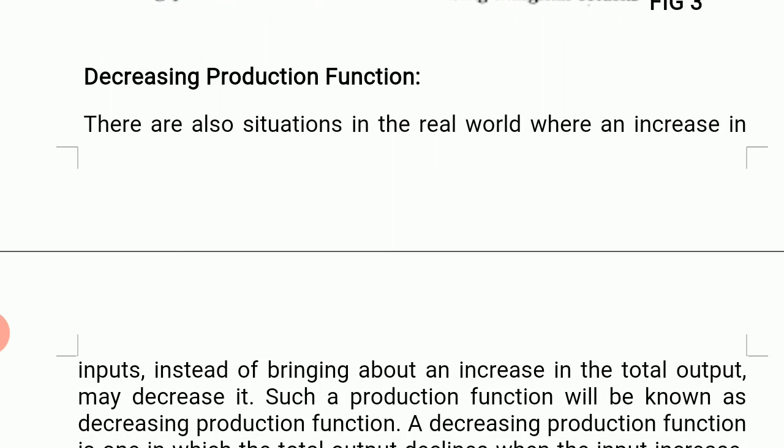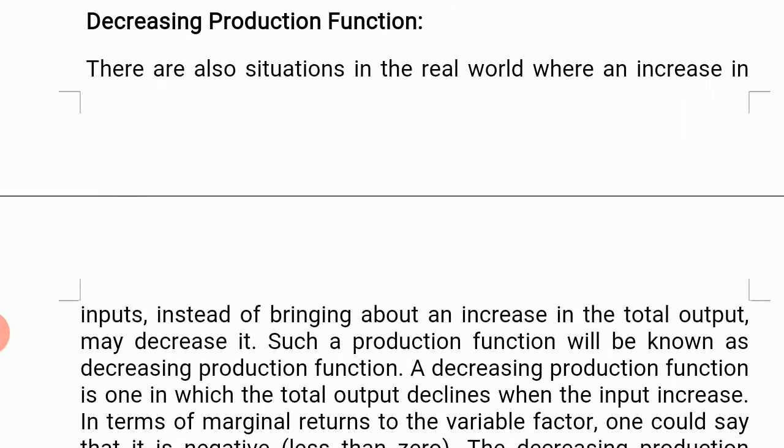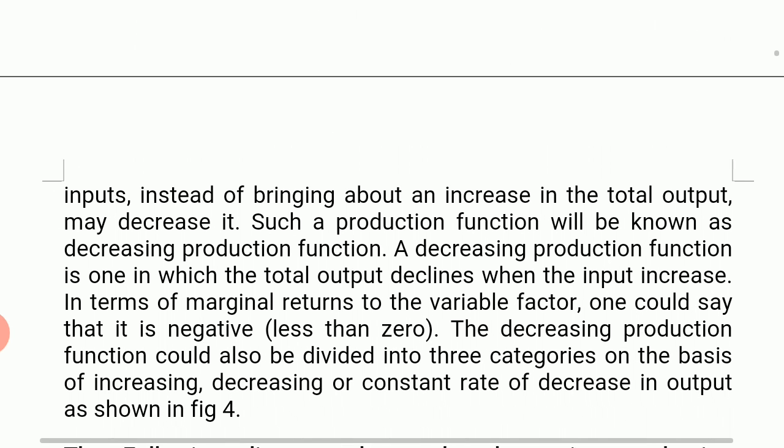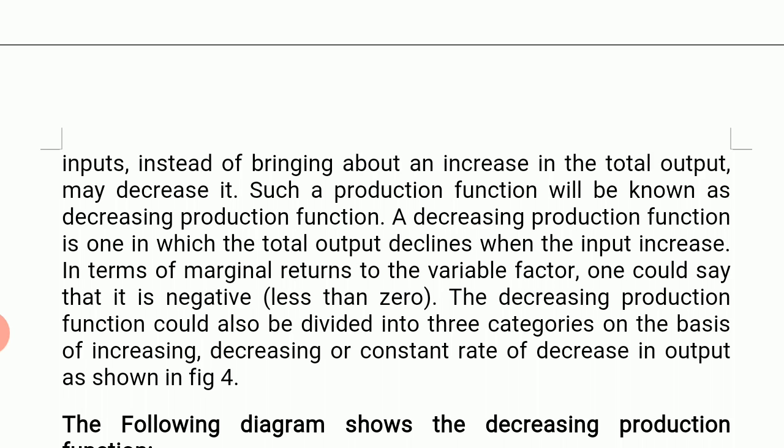Now the second type of production function is decreasing production function. There are also situations in the real world where an increase in input, instead of bringing about an increase in the total output, may decrease it. Such a production function will be known as decreasing production function. A decreasing production function is one in which the total output declines when the input increases. In terms of marginal return to the variable factor, one could say that it is negative, that is less than 0. The decreasing production function could also be